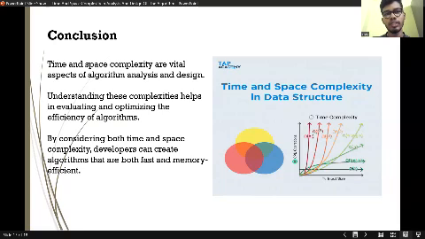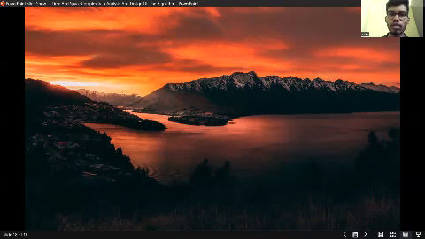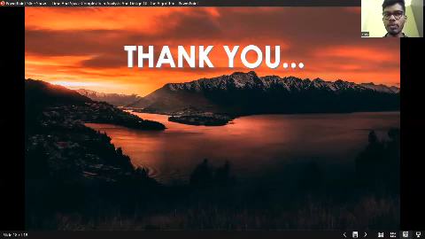Next, moving on to the final conclusion of time and space complexities. Time and space complexities are vital aspects of algorithm analysis and design. Understanding these complexities helps in evaluating and optimizing the efficiency of algorithms. By considering both time and space complexity, developers can create algorithms that are both fast and memory efficient. So this is all about time complexity and space complexity in the analysis and design